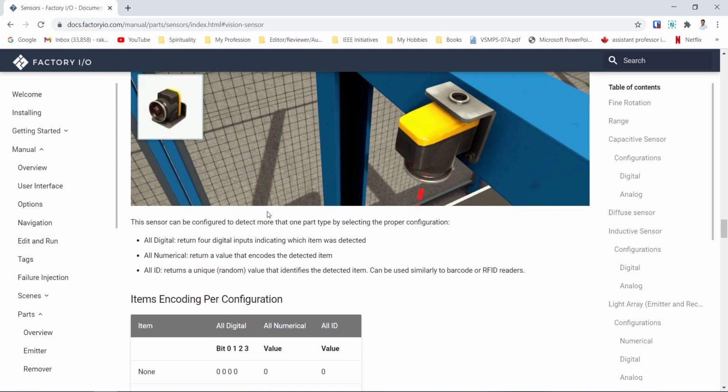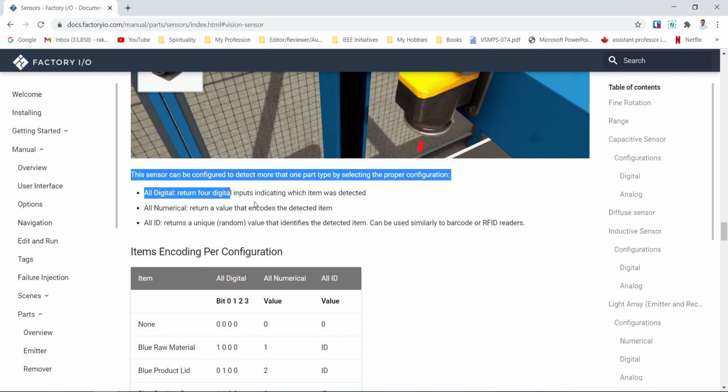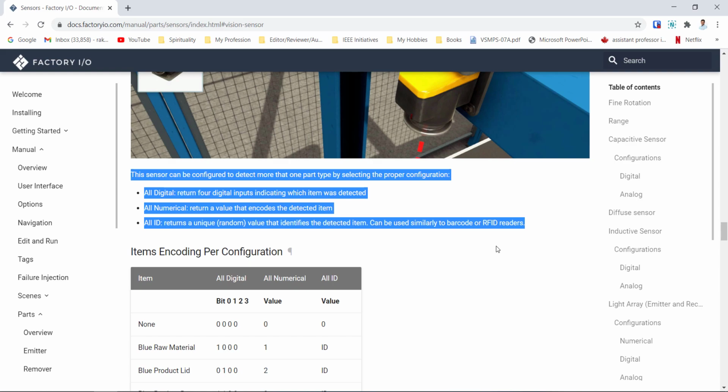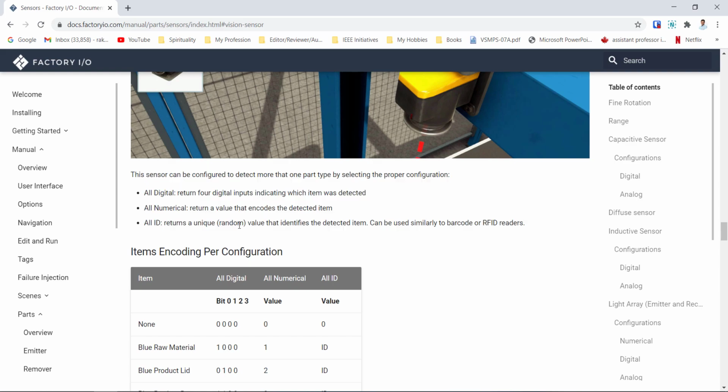See here, these are the things we need. How does it detect? It can return a digital value depending upon the color, and it can also provide a numerical output depending upon the color. For this exercise, we are going to go with the numerical one. For different colors it gives a different numerical value, and that is the input to carry out the sorting.